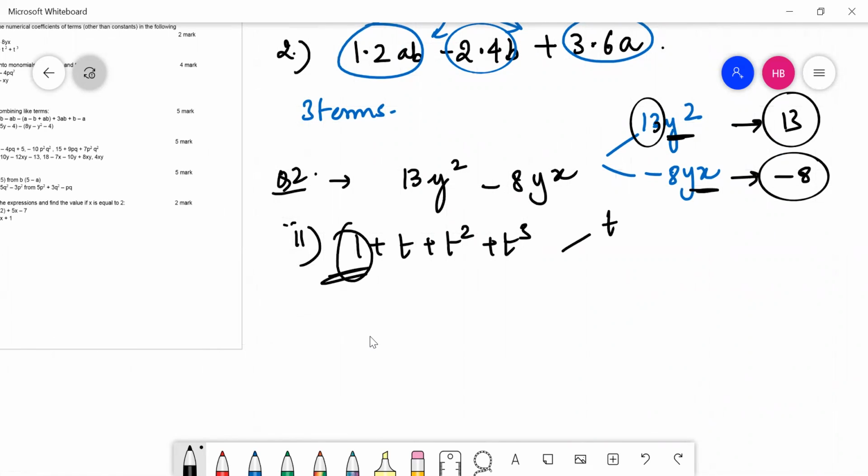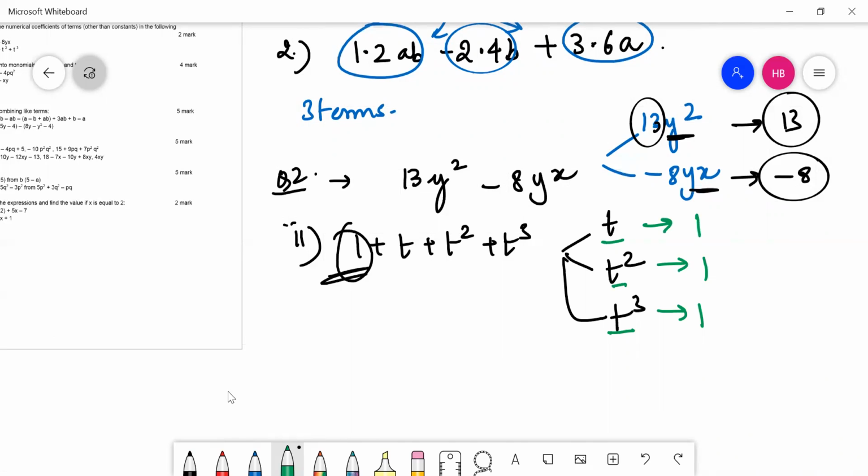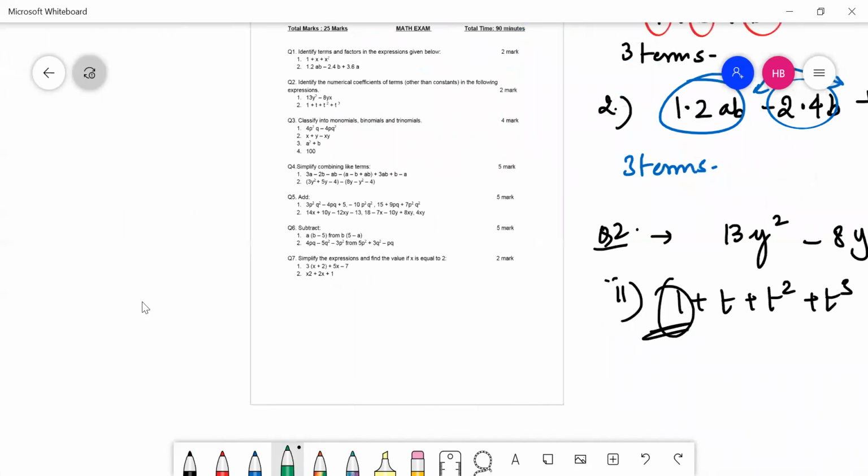The other non-constant terms are t square, t cube. So the variable part here is t square and t cube. Which constant is getting multiplied to this t square, t cube? It is 1 in all the three cases, right? So the answer is 1, 1, 1. Let's move to the